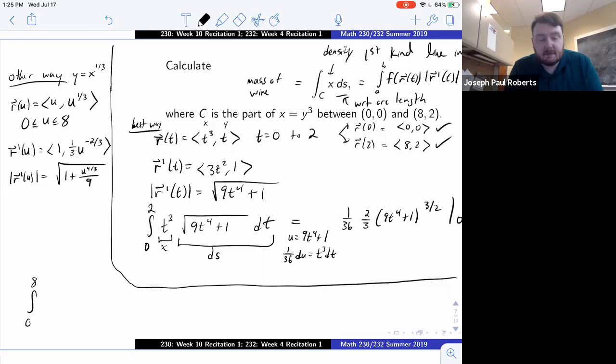So if I set things up in terms of this, I'm going to get the integral of x. So x in this case is u. And then ds in this case is the square root of 1 plus u to the 4/3 over 9 du. And so now I claim,